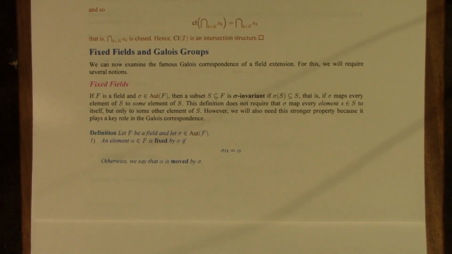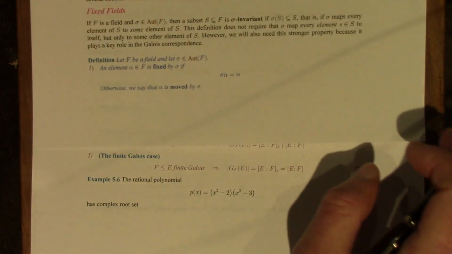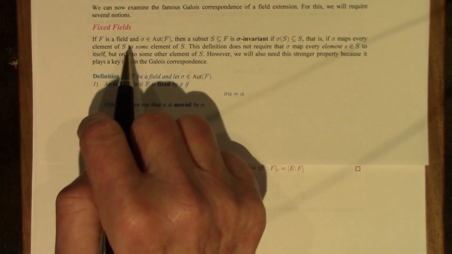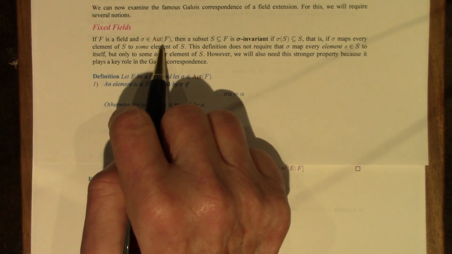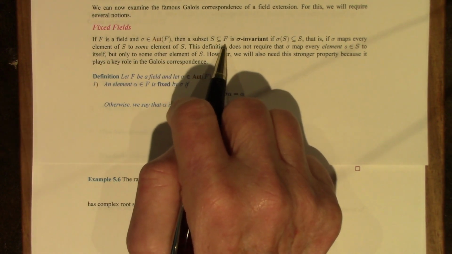Well, we can now examine the Galois correspondence of a field extension. And for this, we will require some notions. First, we have fixed fields. If F is a field, and sigma is an automorphism of F, and S is a subset of the field